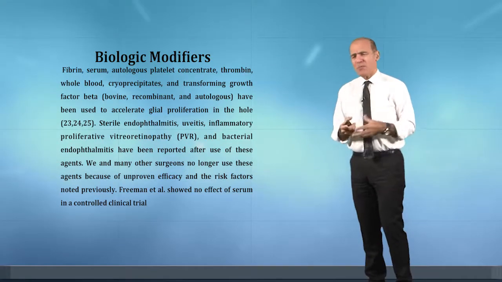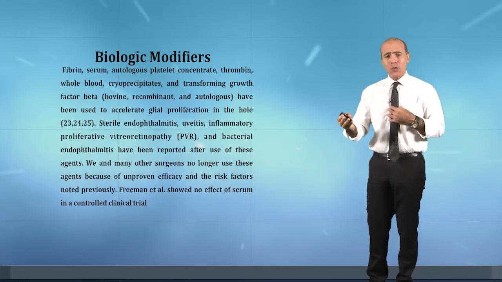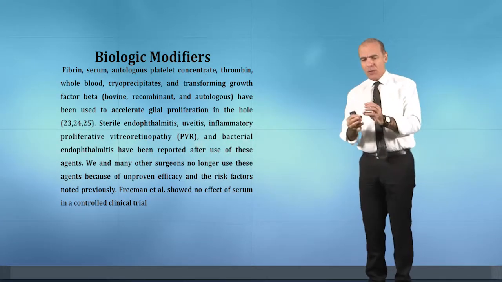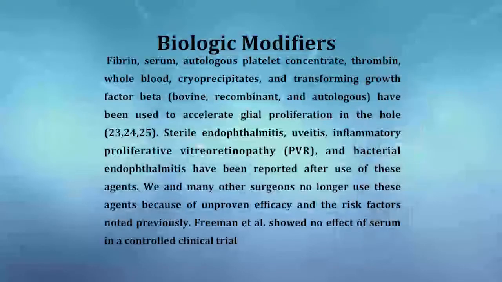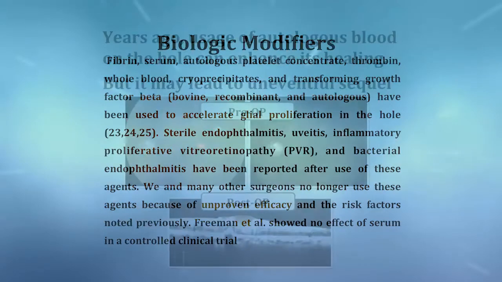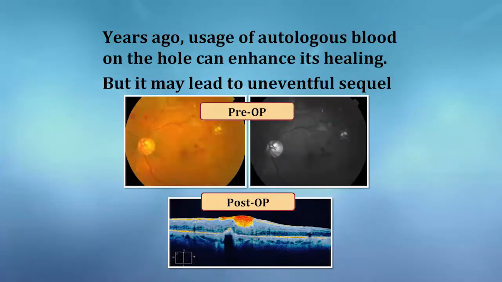Biologic modifier, what's biologic modifier? In the past, it was used. Sometimes you want to close the hole, so you add some biologic things, autologous blood or something like that after centrifugation, to put it as a plug to close, to help in the healing of the hole. It can work, but it can lead to other disasters as well. If you look at this, years ago autologous blood was used on the hole, but it may lead